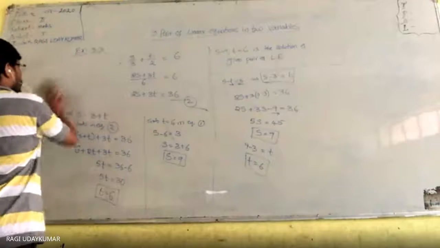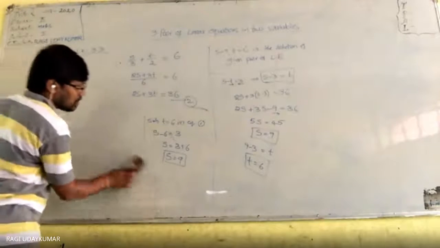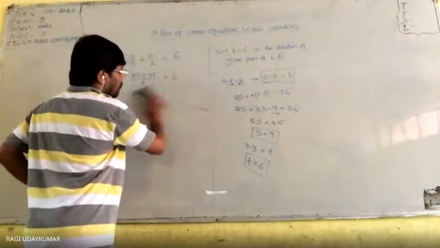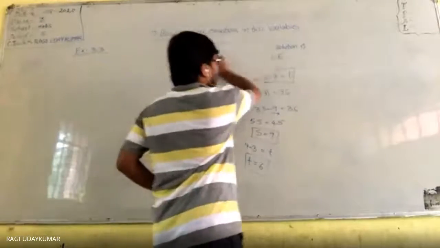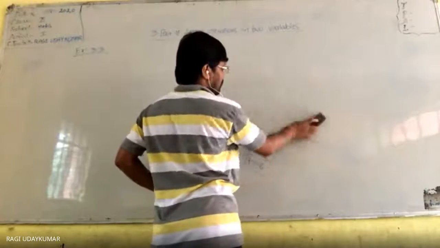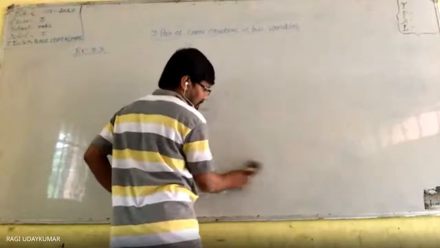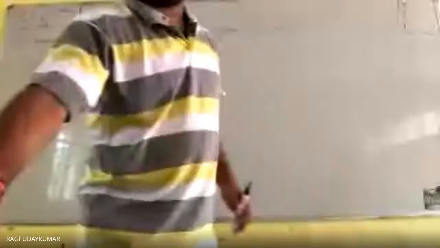Okay. So now let us go for the remaining problems given in this. This is called the substitution method because we are substituting one variable in terms of the other variable in the other equation, so that the second equation is transformed into a single variable equation, and from that you will find the solution easily. Did you understand here?